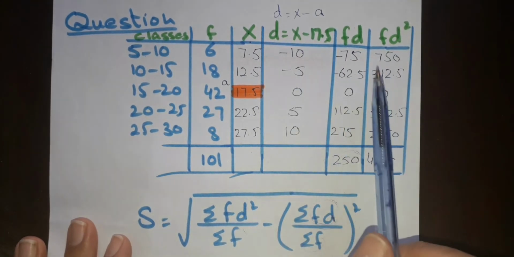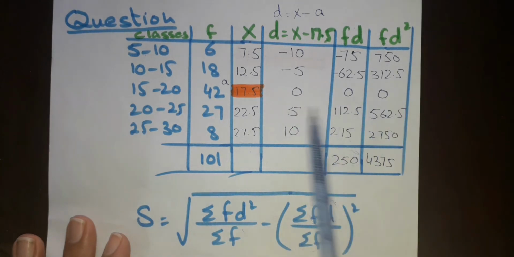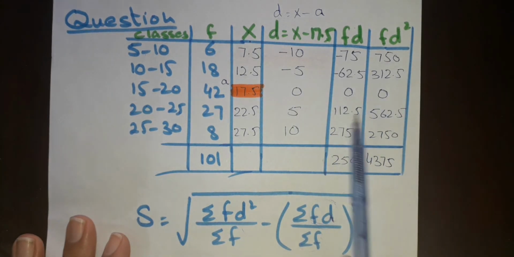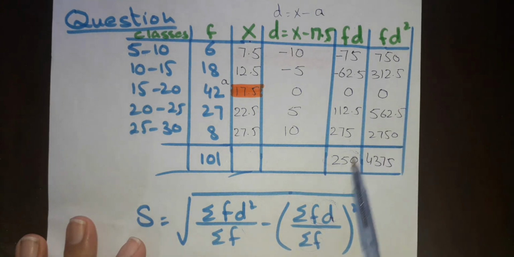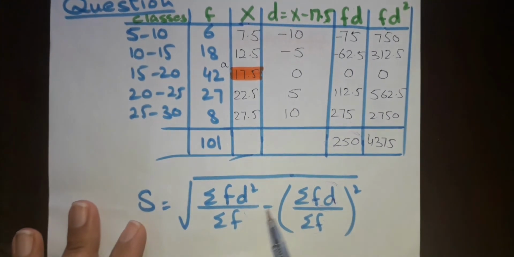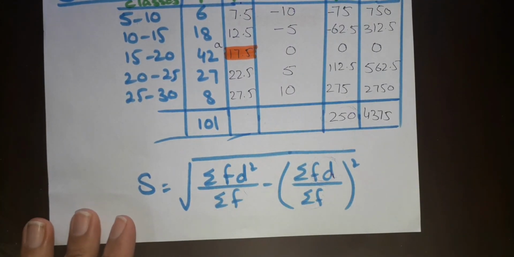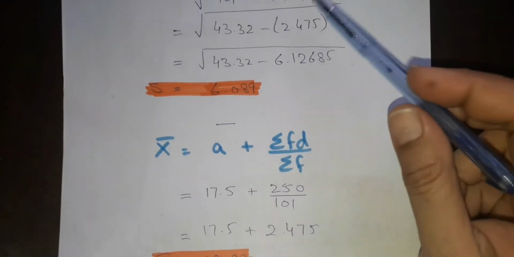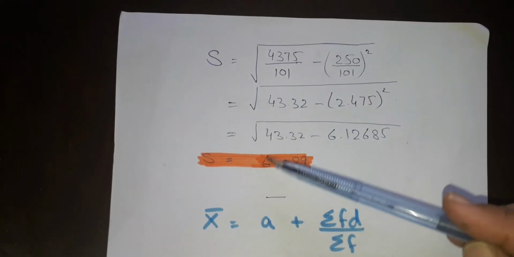Minus minus, you get plus. Minus minus plus. Multiply this one, 0, 0, 0. Multiply by this one, and we get the result. And in the end, I have to sum up all the values. So I got the result of this one, this one, this one, this one. Now I put all these results here and got the result of S.